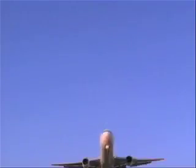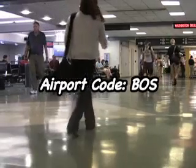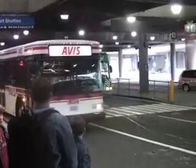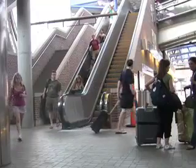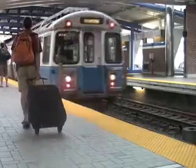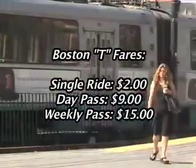Visitors to Boston have a number of options for getting around. For your air travel, Logan Airport is pretty much the only game in town, but the good news is that it's only about 4 miles from the center of the city, making travel to and from the airport relatively simple. One of the easiest ways to get into town is Boston's system of trains and subways, what we call the T. There are 4 major lines that run in and out of Boston, and most visitors find them both safe